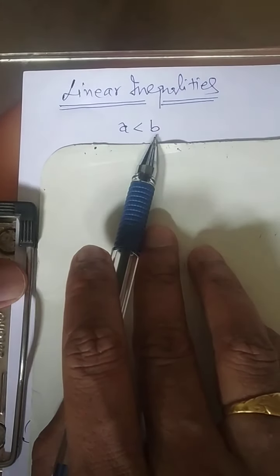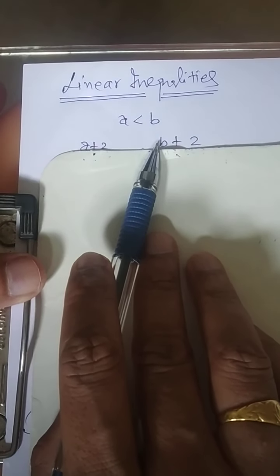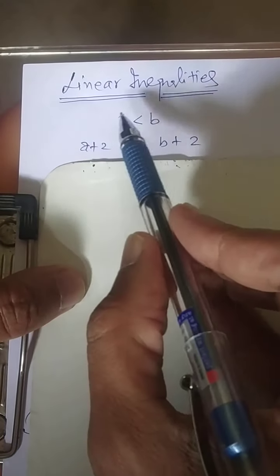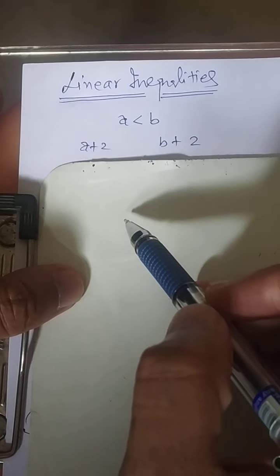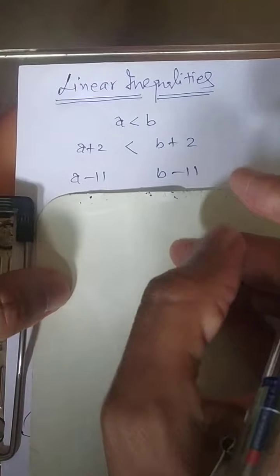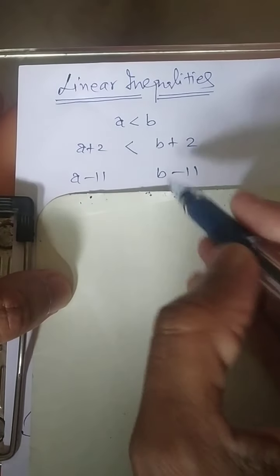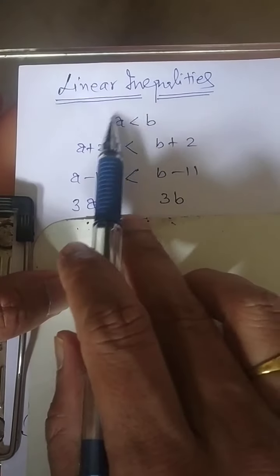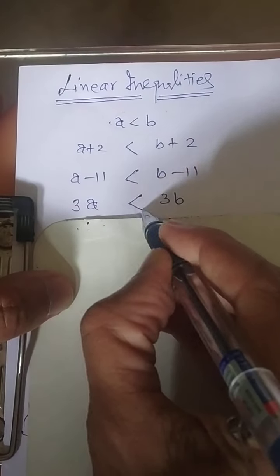Okay, now moving ahead, I'm just going to tell you some expressions. You have to tell what is going to happen here. Whatever you have written for a and b, just calculate a plus 2 and b plus 2. Tell me which one is more. Okay, correct. So right hand side is more. Suppose you subtract 11 from both the selected numbers, then yes, still it is greater on the right. If your selected number is multiplied by 3, okay, still you are getting the same.